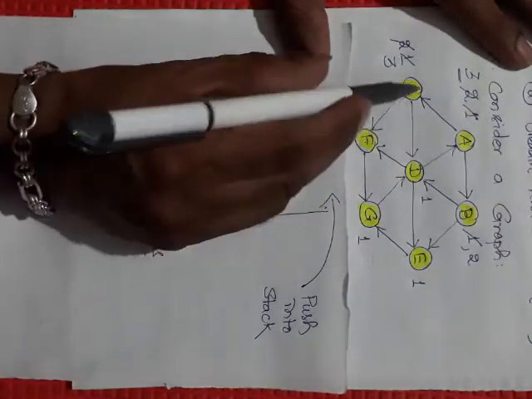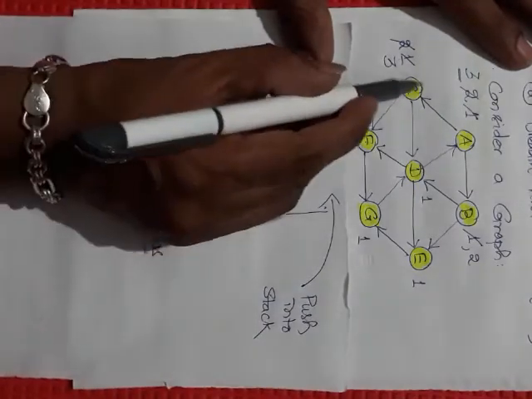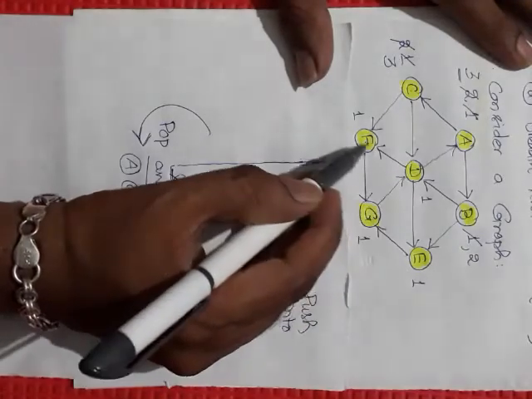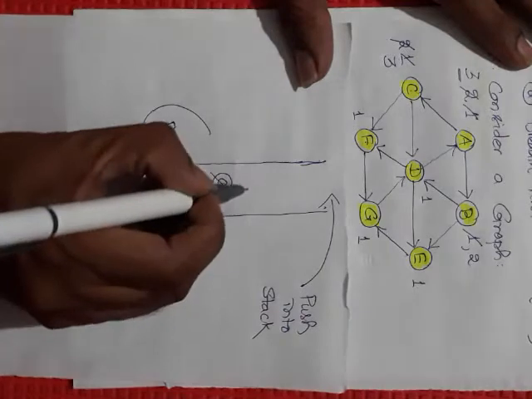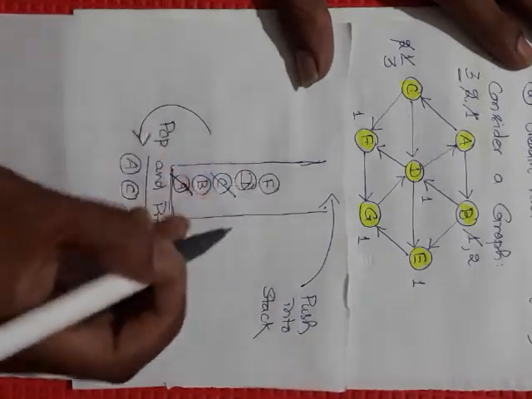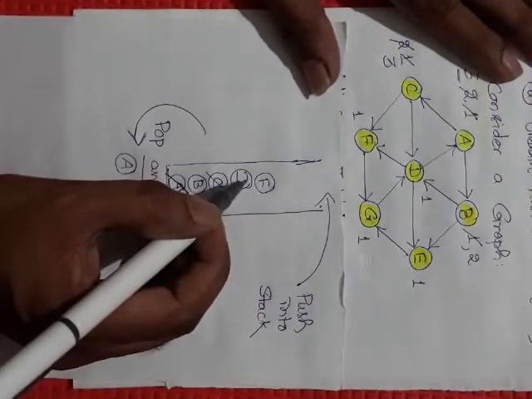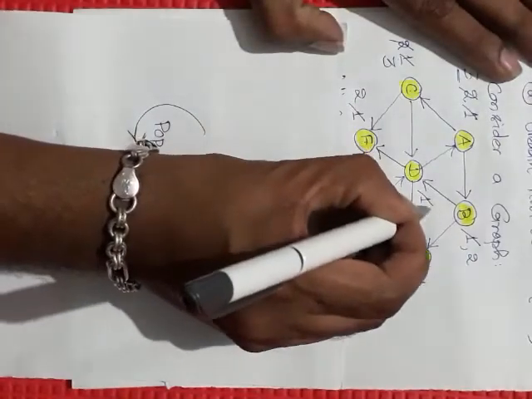So when both are in ready state, both will be pushed into the stack. So for each adjacent of node C which are in ready state, that is 1, push into the stack. So that is D and F we have pushed into the stack. Then, because they are now pushed into the stack, change their status to 2, because they are waiting inside the stack now.